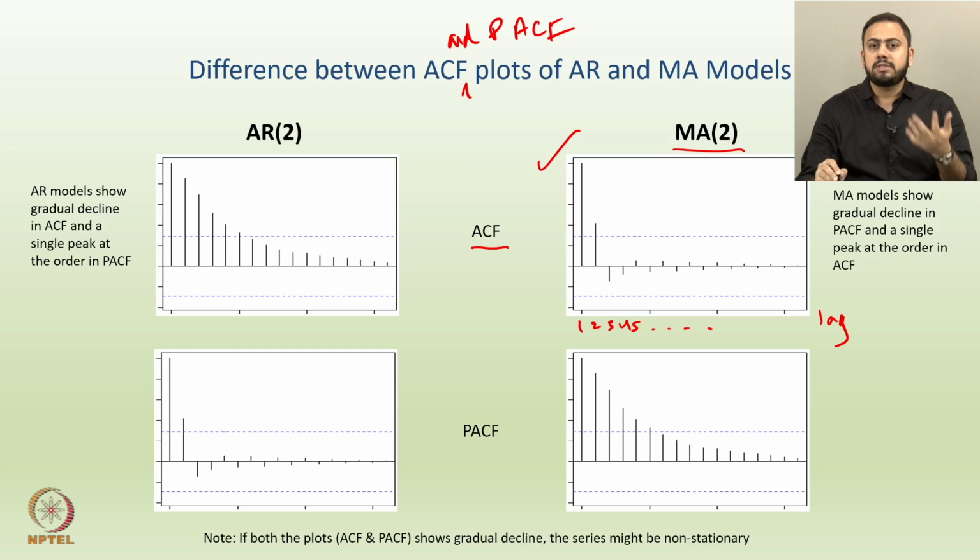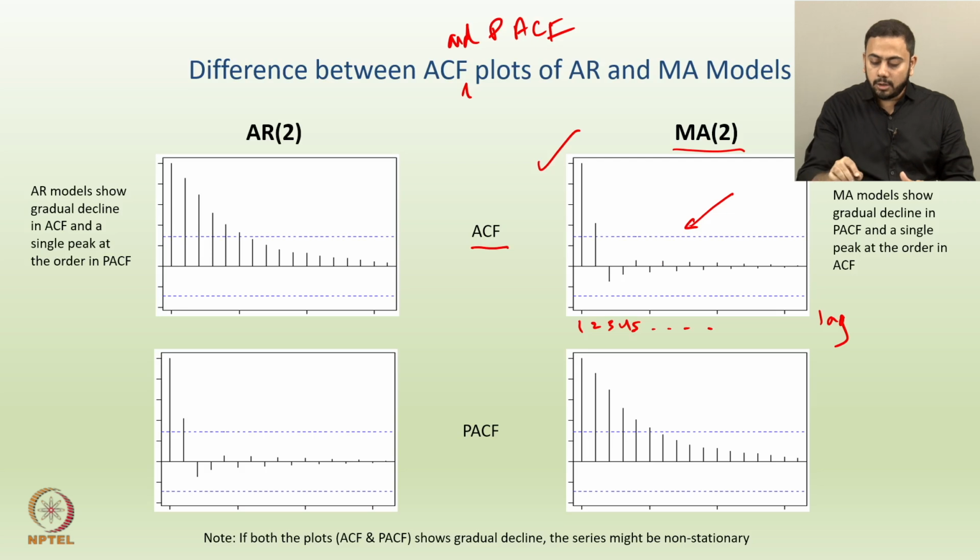Now, one more thing is how do you sense that something is cutting off? In each of these plots you can see these hypothetical confidence bands which are given using horizontal blue lines. So, what exactly are they? These lines are nothing but 95% confidence bands for those particular correlations. If any of the correlations are outside those bands, then those particular lags would be significant. Otherwise, if the correlations are inside the bands entirely, then those lags are not significant.